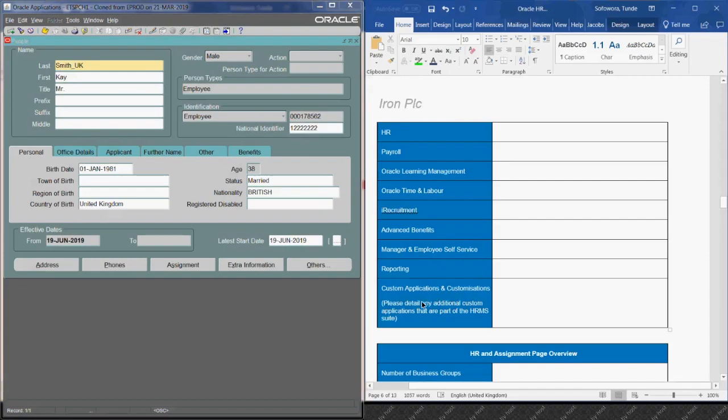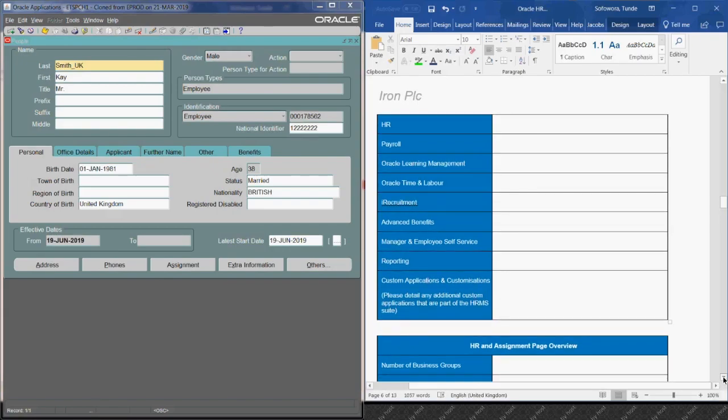Now, a lot of companies try as much as possible not to do too many customizations. Customization is very, very common in the UK, but not in many other countries. In other countries, they like as much as possible to use standard. But when it comes to reports, they don't mind. They either use BI reports, which is business intelligence, or they use a customized report. So the next one is